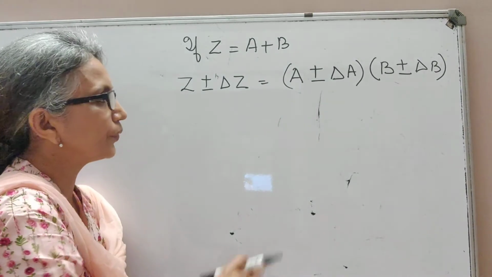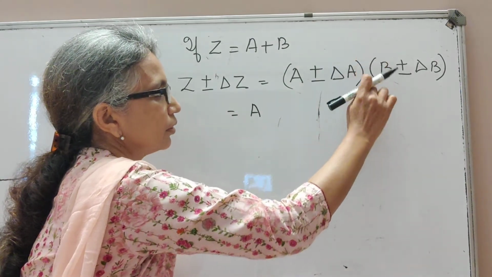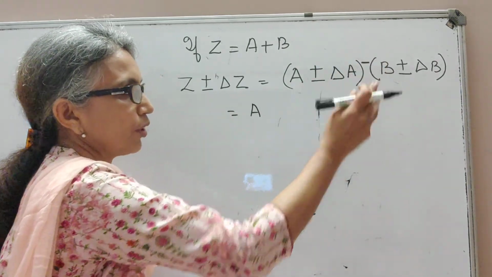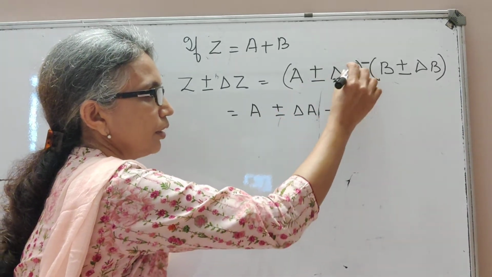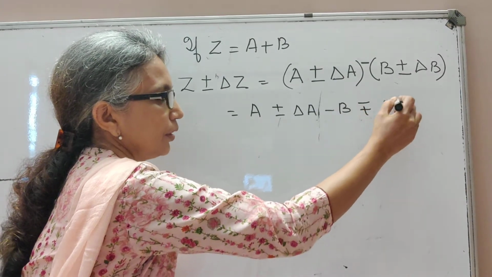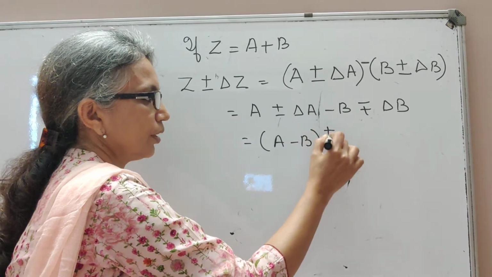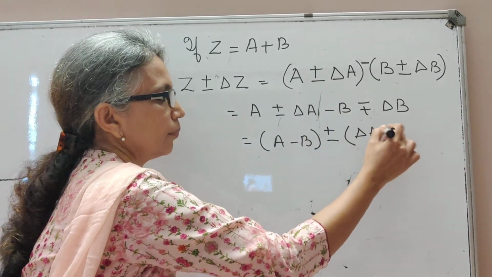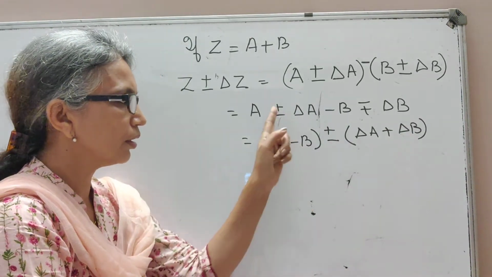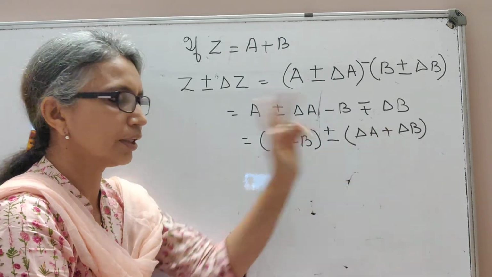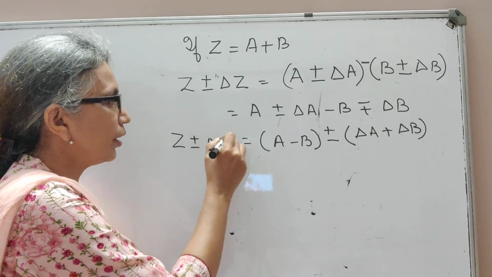Okay, here I'm again going to open the bracket on the right hand side. Here there is a minus. We are subtracting. So A plus or minus delta A minus B plus or minus delta B. I can combine this and write A minus B. Take the plus or minus outside and you have delta A plus delta B. It doesn't matter, because here anyway plus and minus is there, here also plus and minus is there. So you can take this out and write plus delta B. So here on the left hand side we have Z plus or minus delta Z.